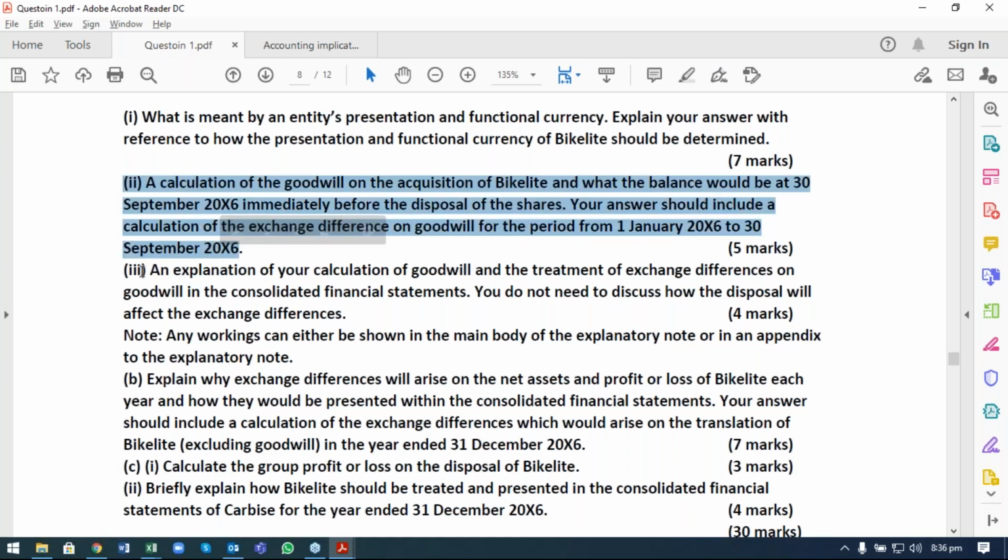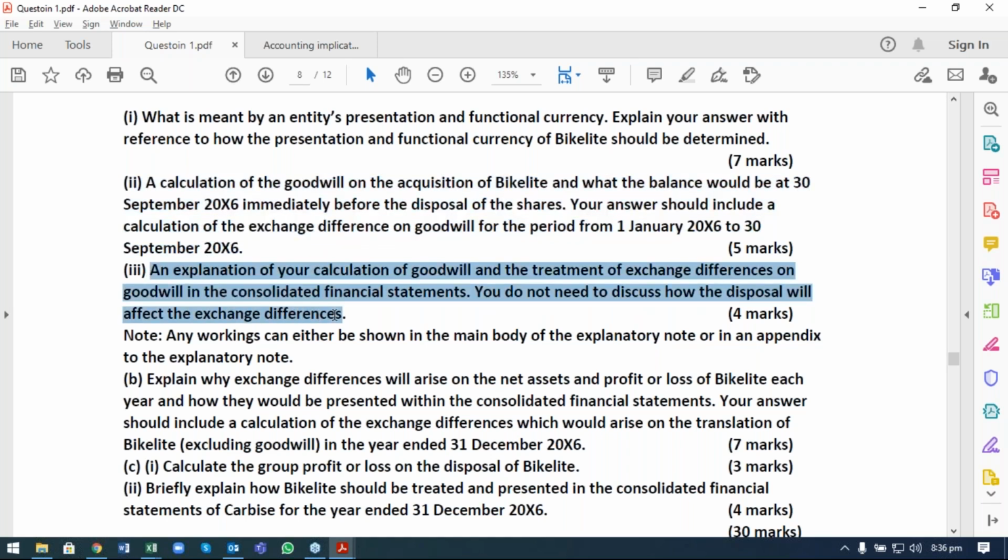In the very next requirement, an explanation of your calculation of goodwill and treatment of exchange differences on the goodwill in consolidated financial statements. You do not need to discuss how the disposal will affect the foreign exchange. So right now you're not disposing of the goodwill. You have to provide the explanation of how you accounted for this goodwill. So anything that we have done,